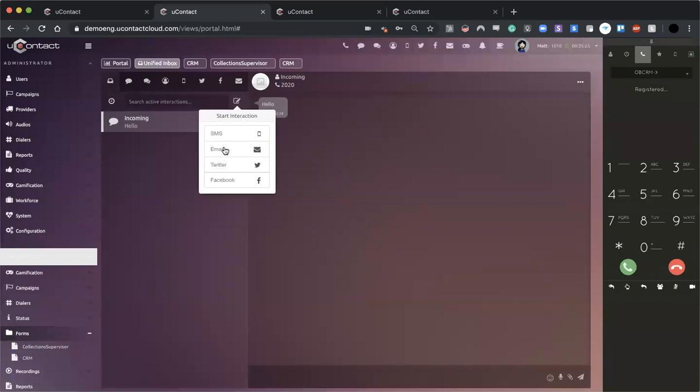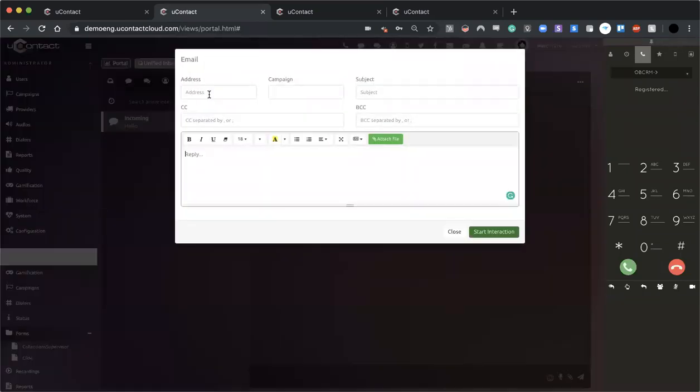If I wanted to, from here, I could also make an interaction of SMS, email, Twitter, or Facebook. We also have an integration with the Twilio API of WhatsApp. So you can have all of your text interactions handled from within one platform. To give you an idea here,